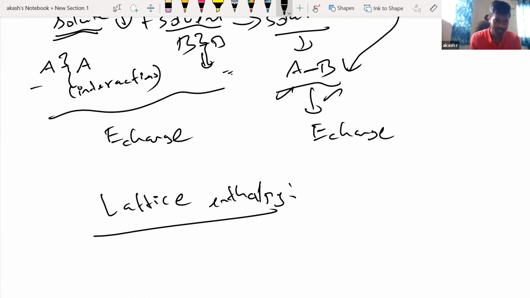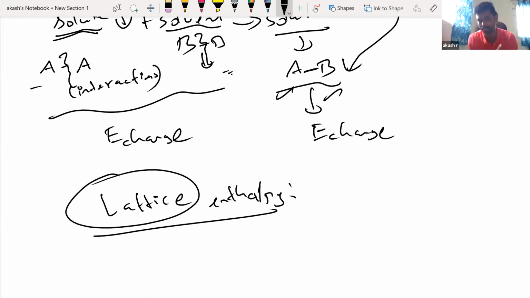See, what you have to understand is this. What do you mean by lattice is the first thing you have to understand. Lattice is nothing but the structure,